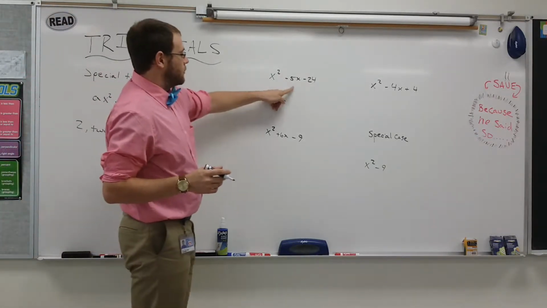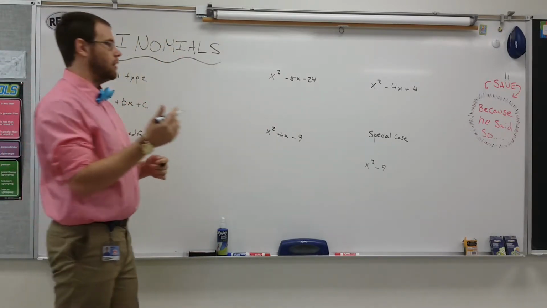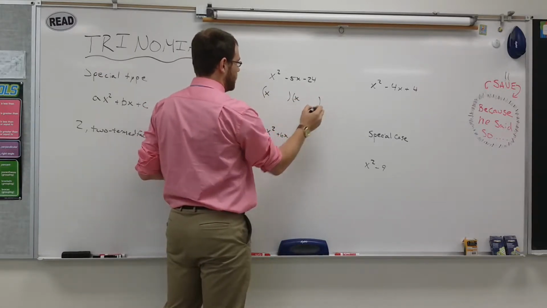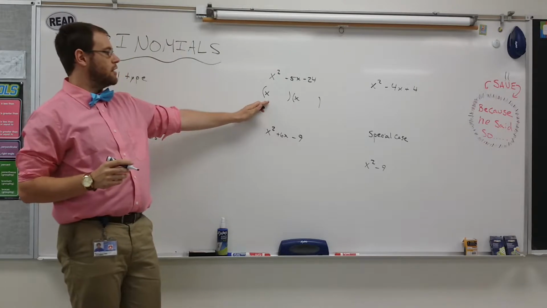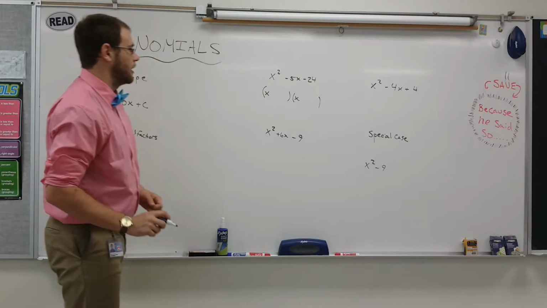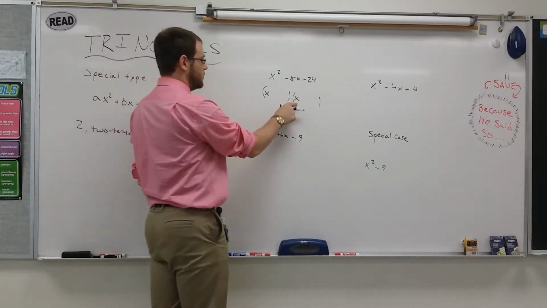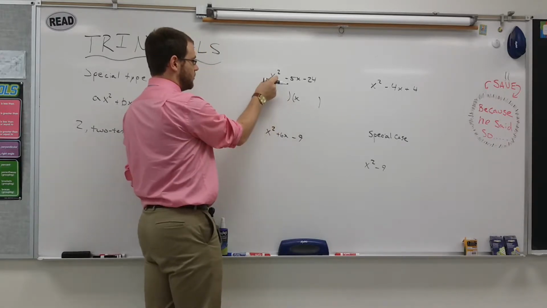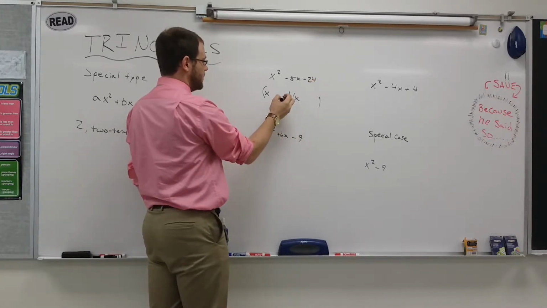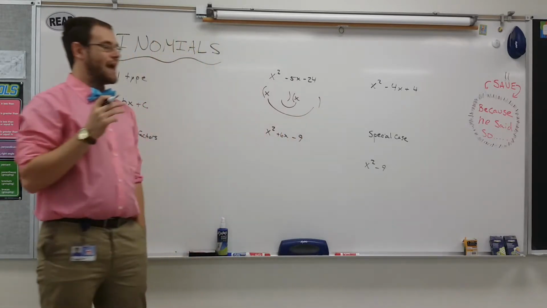We have x squared minus 5x minus 24. And the way we're going to factor, remember, if we're trying to reverse FOIL, we're trying to get two distinct factors that are going to look like this. There's going to be an x value, and then there will be a number after that. Okay, that's the goal of this type of factoring. And how we do that is when you FOIL, remember, you multiply the first times the first, right? First. That's going to get you the x squared term. The last times the last is going to get you this number. But then this one times this one, and this one times this one are going to add to the middle